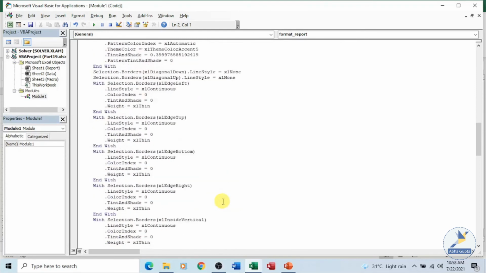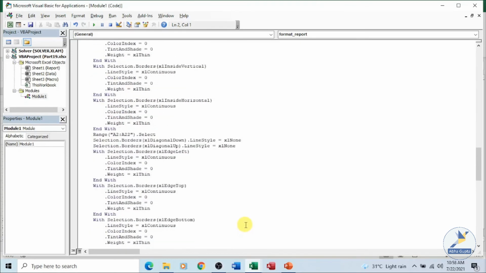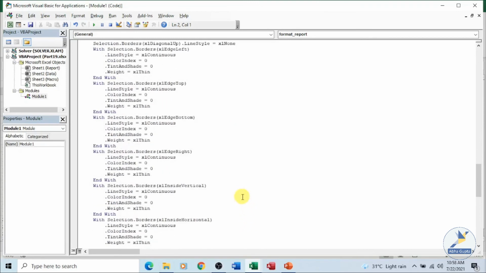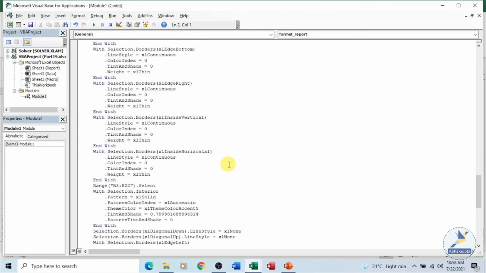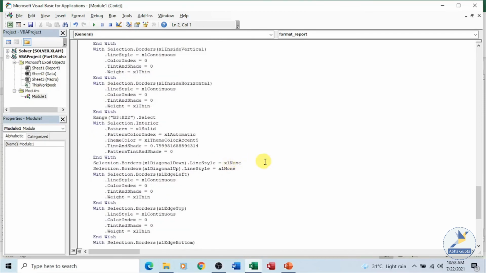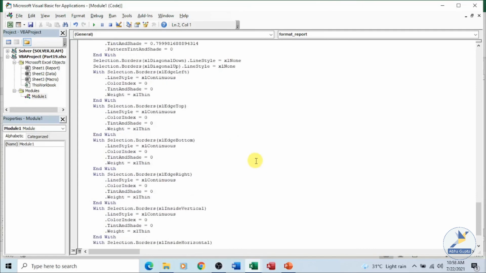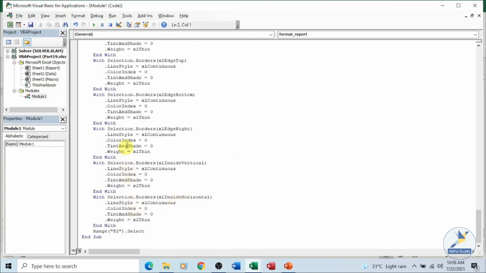If you have any idea of Visual Basic, you can change these settings from here also. Plus I'll be coming up with a video where we will see how we can work in Visual Basic for Applications, that is VBA, and how we can create the macros from VBA itself, how the coding is being done, how we can create modules and create macros from VBA itself. That will be a separate video because the entire thing is very lengthy. We cannot have it in one video here itself. So you can see the borders being changed.